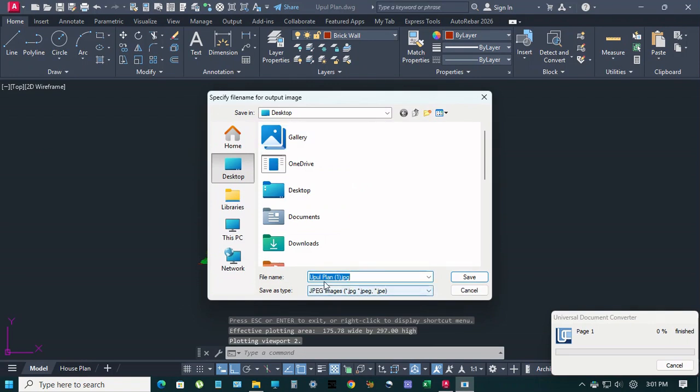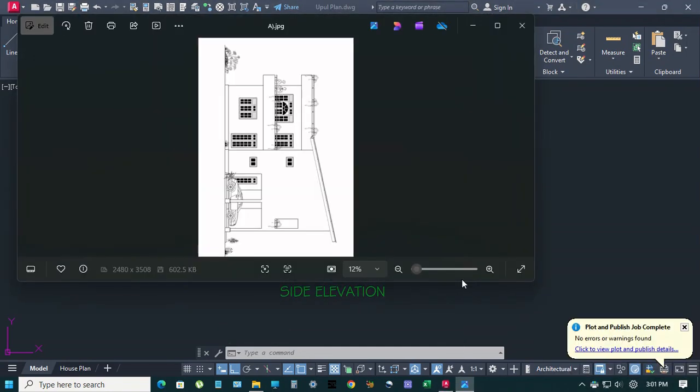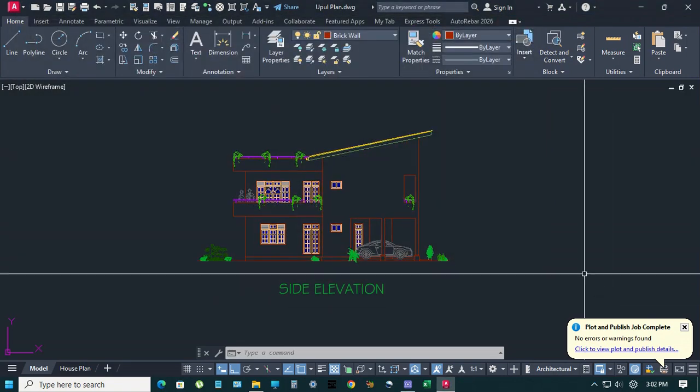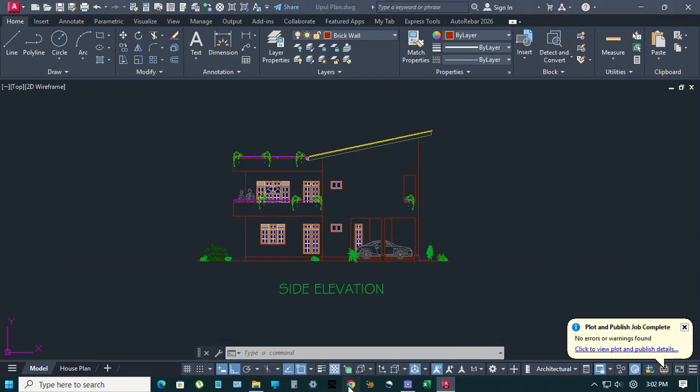save to desktop, save, rotate. Okay, close. Okay, now go to the Google Chrome browser,